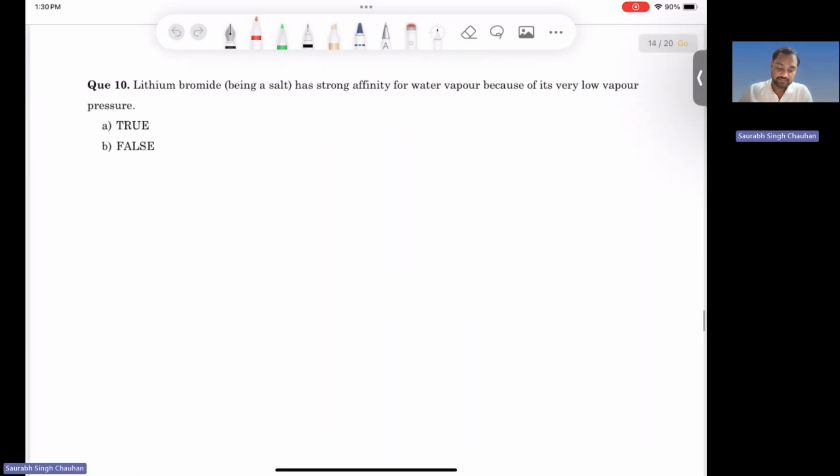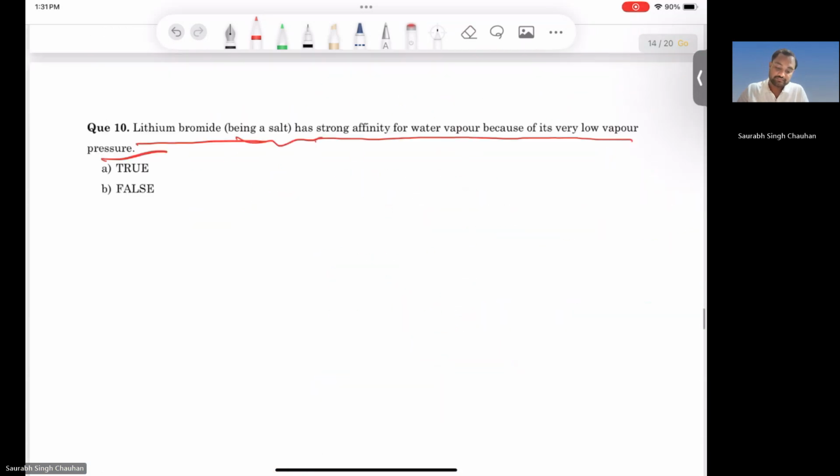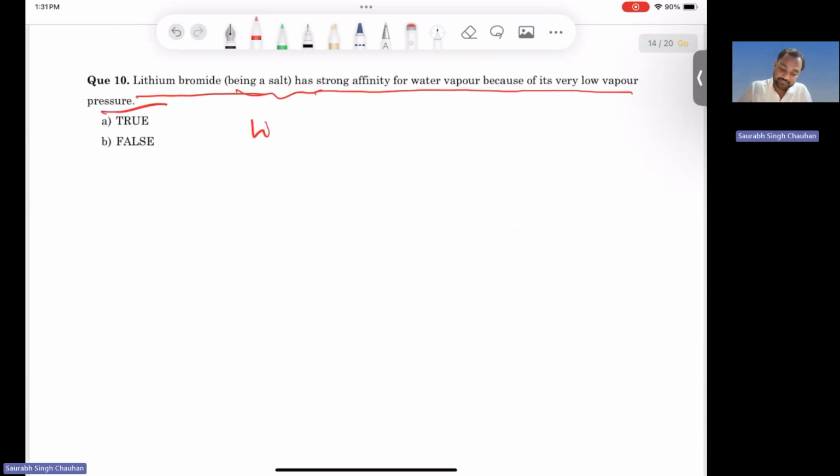Now we will move to question number 10. Question number 10 says lithium bromide, being a salt, has a strong affinity for water vapor because it has very low vapor pressure. So the lithium bromide system is an absorption refrigeration system, right? Lithium bromide, water vapor absorption